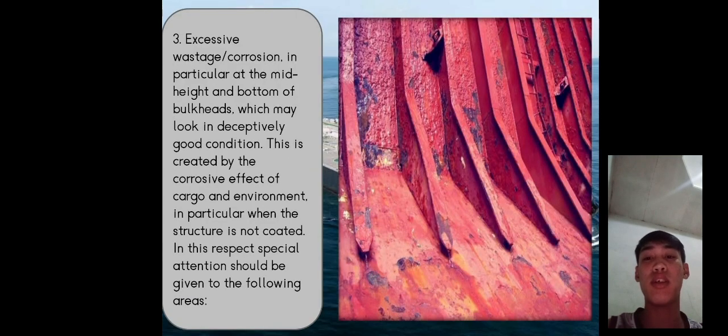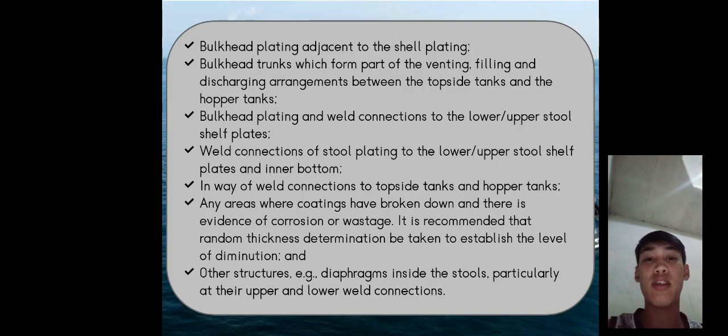Third is excessive wastage or corrosion, in particular at the mid height and bottom of bulkheads, which may look in deceptively good condition. This is created by the corrosive effect of cargo and environment, in particular when the structure is not coated. In this respect, special attention should be given to the following areas: bulkhead plating adjacent to the shell plating, bulkhead trunks which form part of the venting, filling, and discharging arrangements between the topside tanks and the hopper tanks,